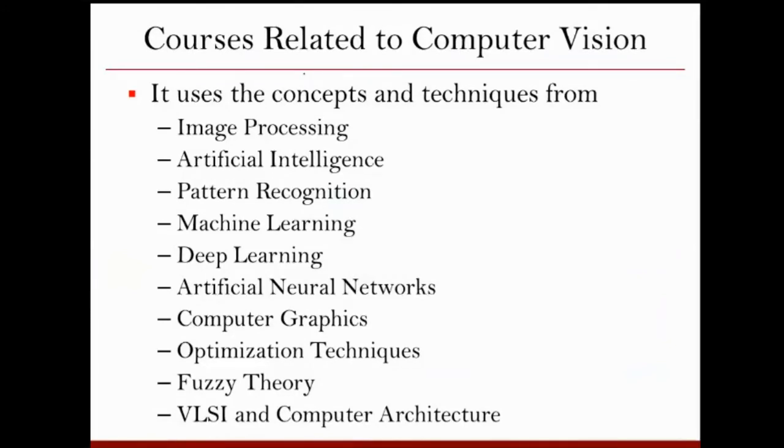There are some other related courses also, which we commonly refer to in computer vision. Some of them we already discussed, like image processing and machine learning. Pattern recognition is also another field from which we borrow a lot of techniques to implement computer vision tasks. If you compare machine learning and pattern recognition, at some places you will find that they are related, but the gross difference is that in pattern recognition we talk more about feature extraction, selecting good features and things like that, but in machine learning we talk more about classification.